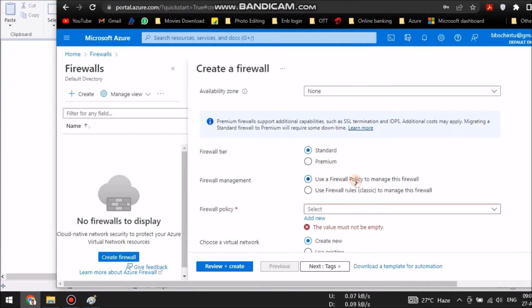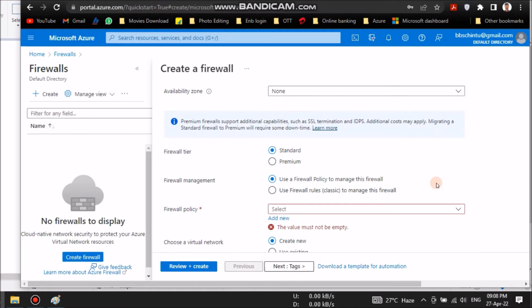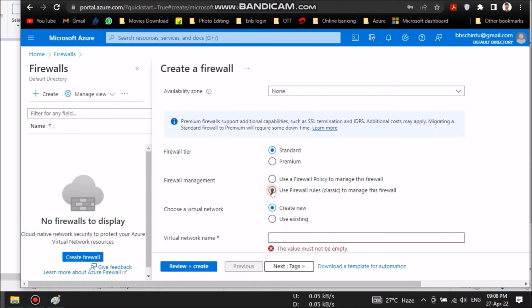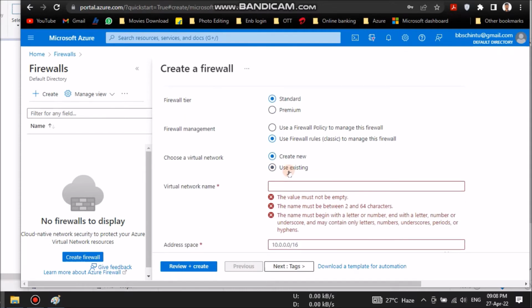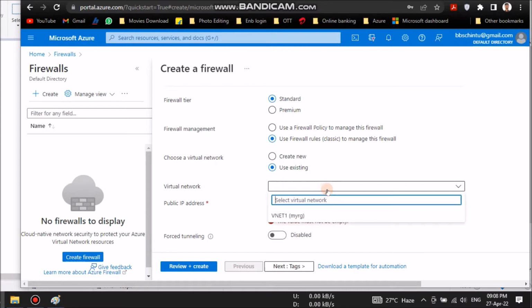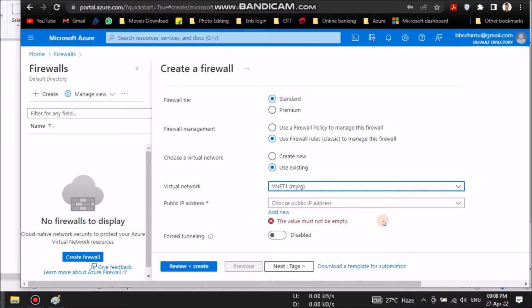And here use a firewall policy to manage this firewall. If we have any existing policy, then we can just use that policy. Like standard policies or anything, or filter by name, we can add policies and we can use that. But for now I'll use firewall rule to manage this firewall. So classic rule, I'll use that. Choose a virtual network. I have already existing virtual network. I am using VNET as a virtual network,